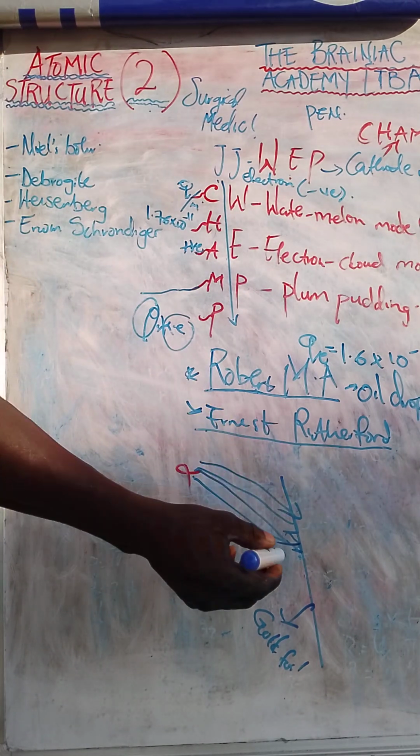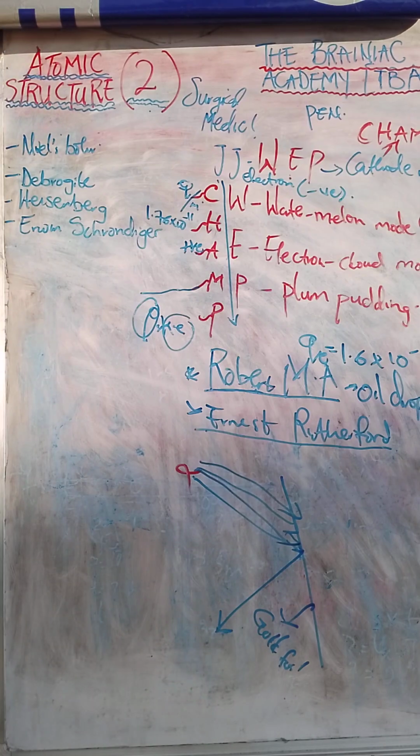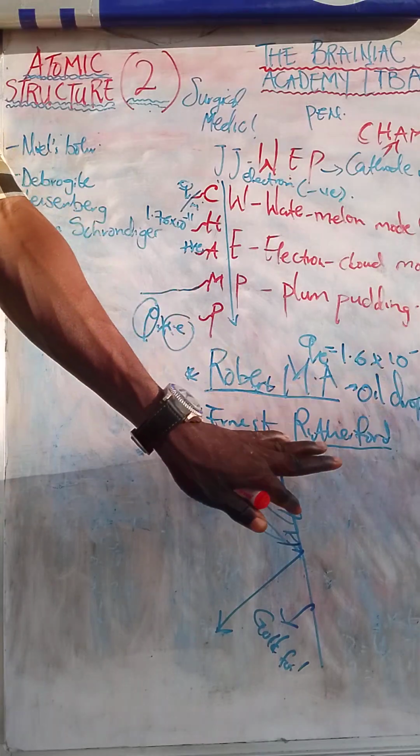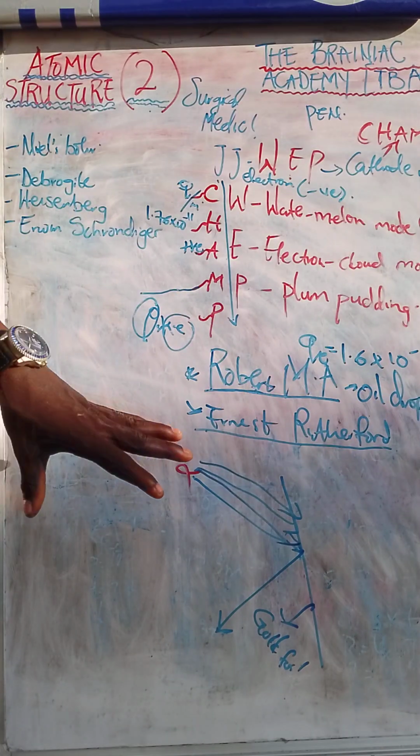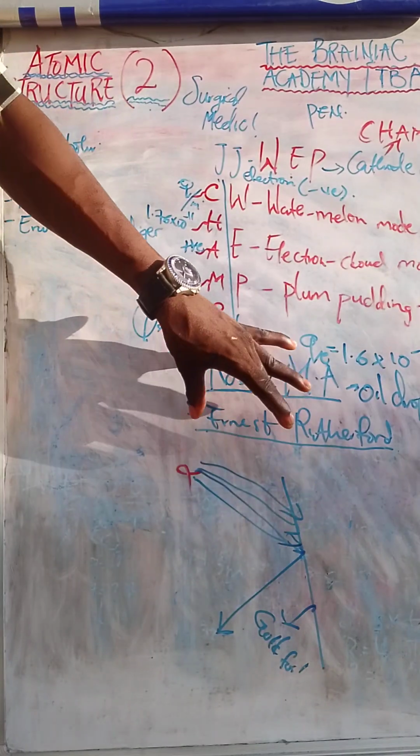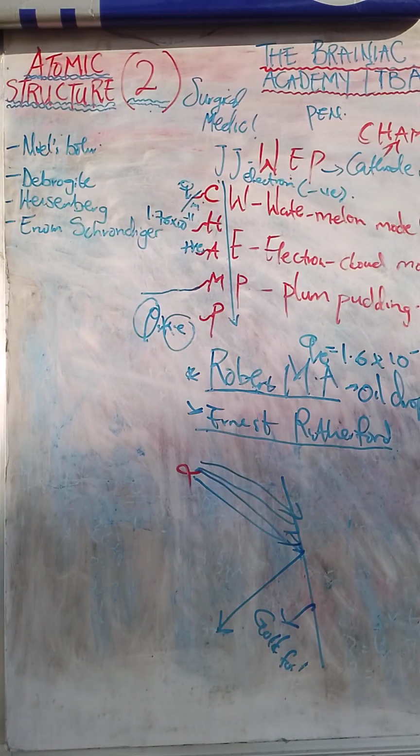Out of 4, it might be only one that will be deflected back. So if you have anything that will deflect from here, it will be very few. And that's Ernest Rutherford's experiments. After explaining the gold foil or alpha scattering experiments, he then brought about the